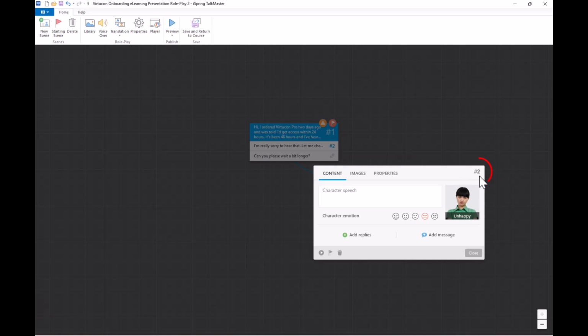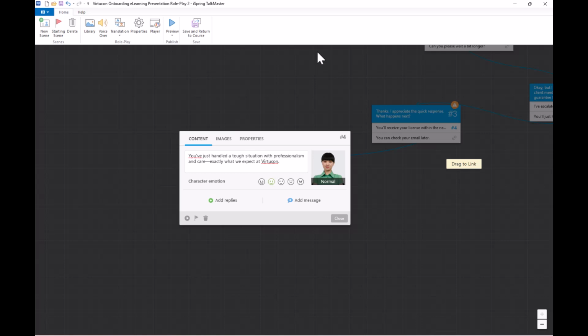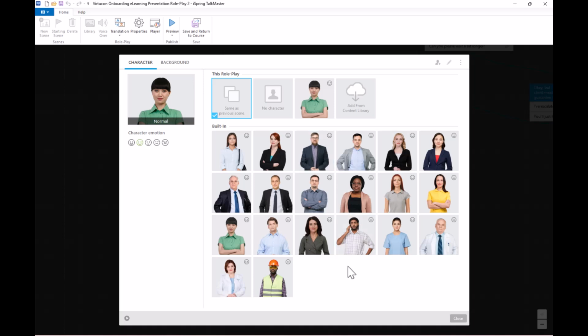So this is now scene 2. You then continue with the same process for all the scenes you need. I'm going to go ahead and complete the next 2 scenes in this role play. So this is the final scene in this role play scenario, and I've got my manager saying that I've handled a tough situation well. So I'm going to change the character, and let's put in someone that looks a bit more managerial. Let's go for this lady here,